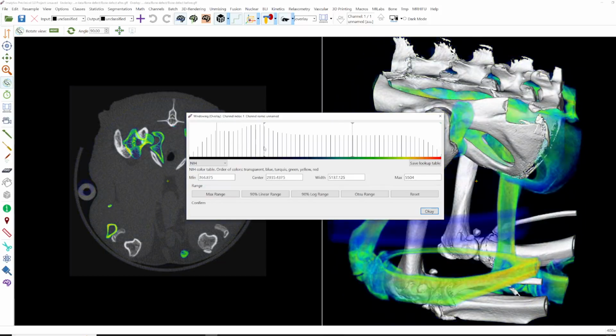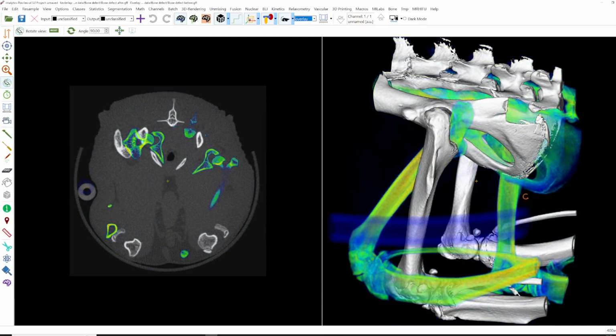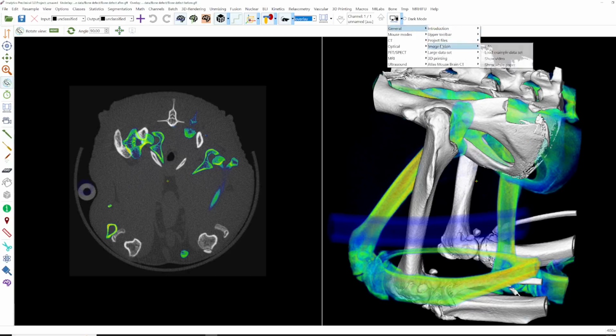Like this. That looks nice, okay. And you see that it's a scan before surgery, so there's still the left hip complete. And now the scans are in a different position, and we can use the marker-based fusion to align them. I'm not gonna explain the image fusion here in detail because there's another tutorial about it. You can find it under Tutorials, General Image Fusion. So if you have questions about the image fusion, watch this video.